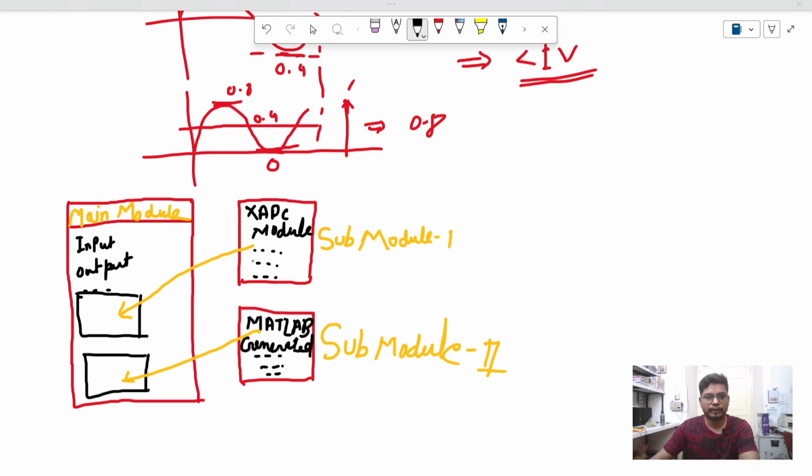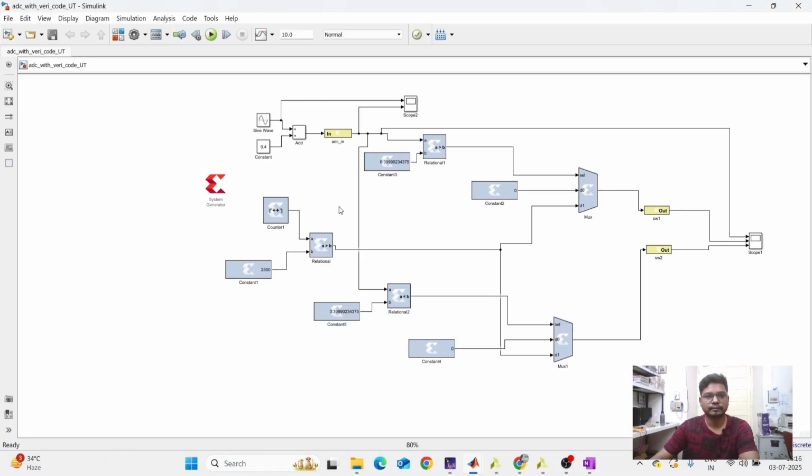So first of all, what we have to do is generate, this is the MATLAB code. First we have to generate the IP block for this MATLAB file, and these blocks we have already discussed in the previous video. How these logics work is all discussed, so we will not discuss it here. We go directly to the system generator